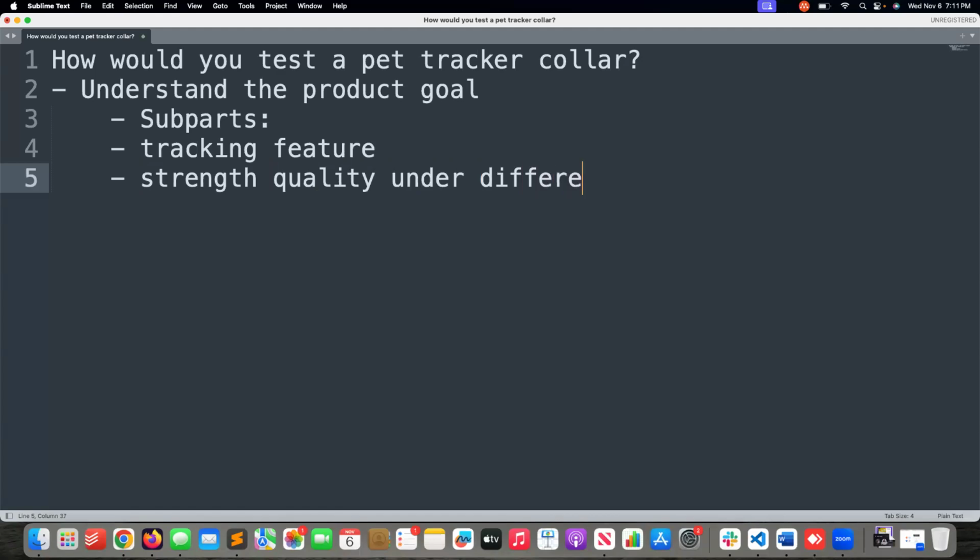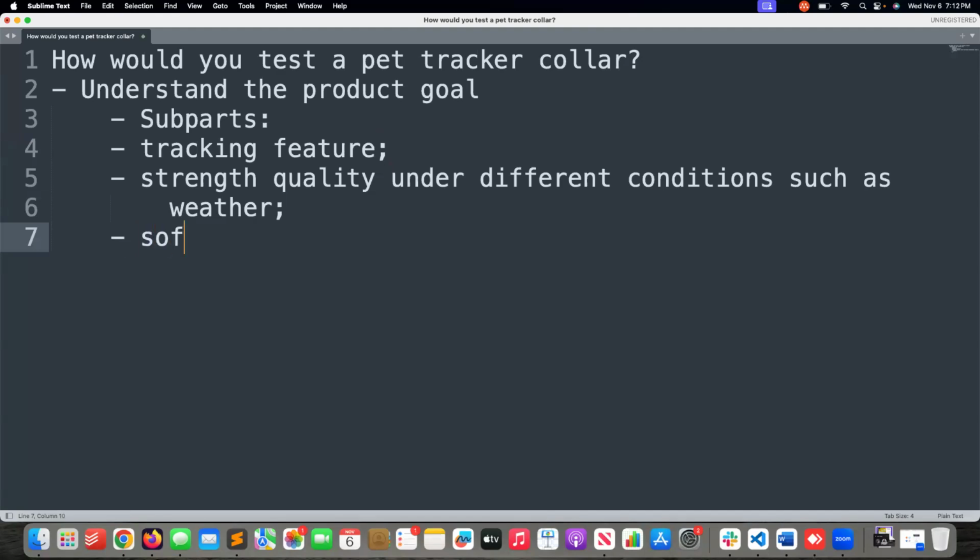And the third thing, I think this collar is also coming with the application, right? Or is it without application? Yes, it comes with an application. So, the third thing, we need to check the application itself, and from that part we can go. We can test each part. We can dive more in detail, for example, if we start from the tracking feature,